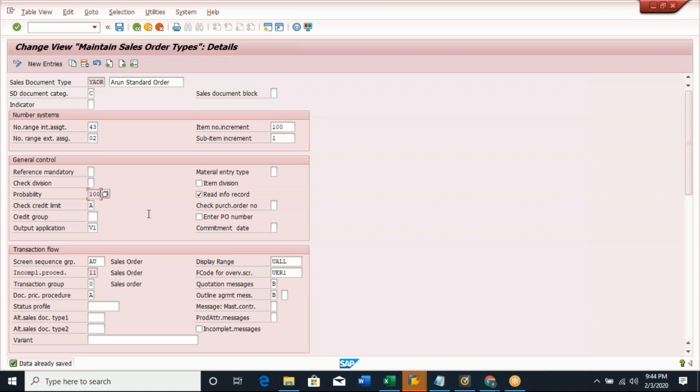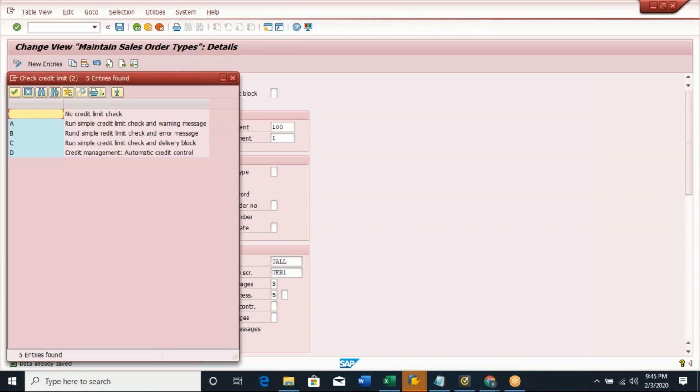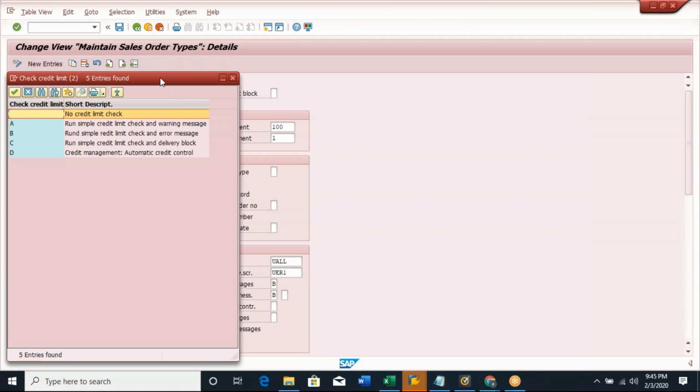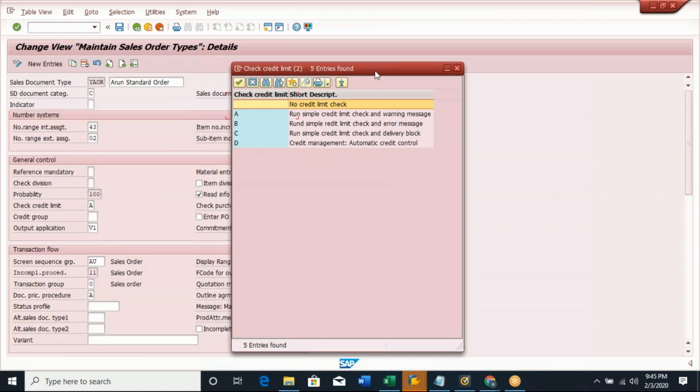So you can tell that in most of the orders in SAP, this field is not very frequently used. We can make it 100%. You can say probability. Okay, and then you can also tell the system how it has to respond for the credit limit. So that means you can tell the system whether